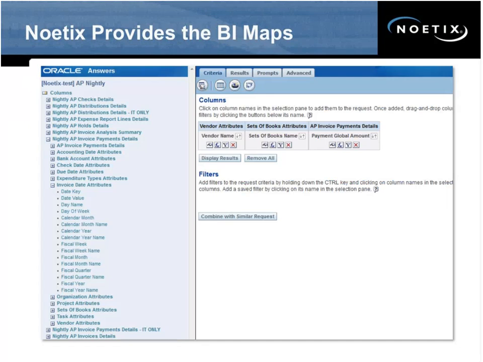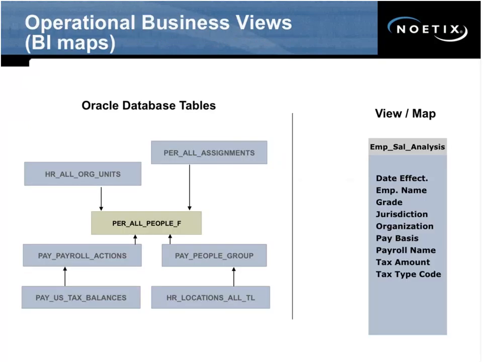We provide the maps. We provide the data models to connect the data that's in your enterprise application, Oracle E-Business Suite in our case, with the semantic model that the BI platform expects. And the data models we provide come in two forms. The first is a set of operational business views that in the end are exactly that. They are database views that hide the complexity of the data in the E-Business Suite database and expose it in terms that make sense to a business user.